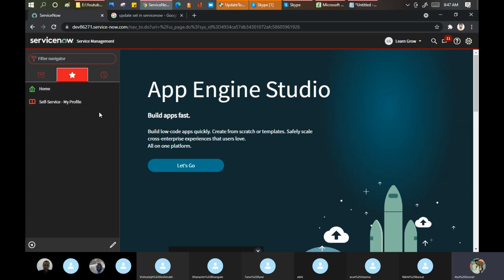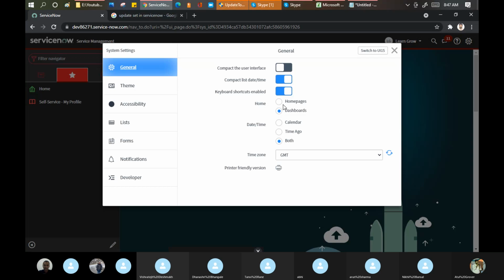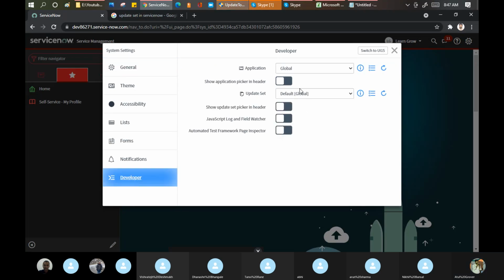It means she doesn't know how to move code from one place to another. So on the top, you cannot see anything here. You can go to the developer settings and mark the tick box Show update set picker in the header. It means I'm bringing this particular thing to this step.